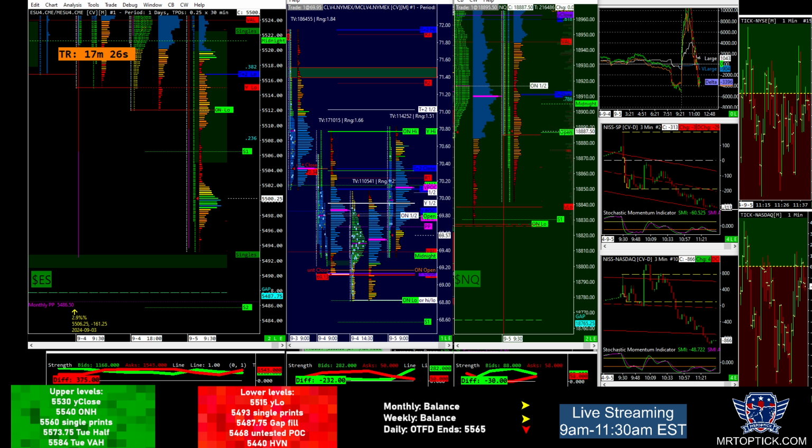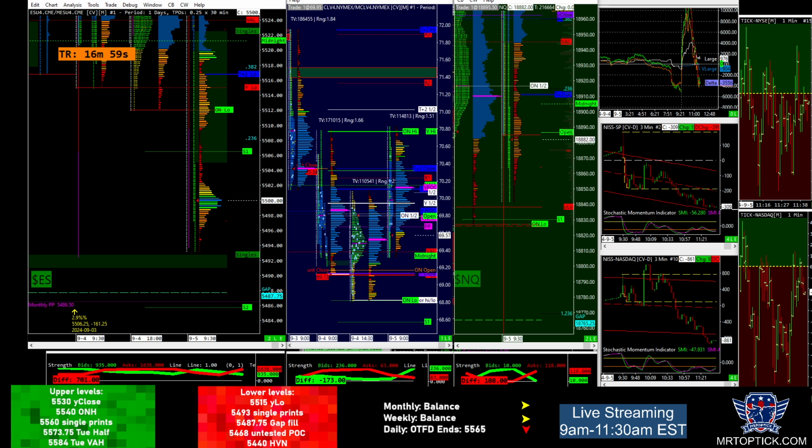So, reading the DOM is a little bit of an art, I would say, because it's not something that I could tell you, okay, this is how you read it, and whenever you see this, then do that, and whenever you see X, you do Y, right? You cannot use it like that. But what I do,